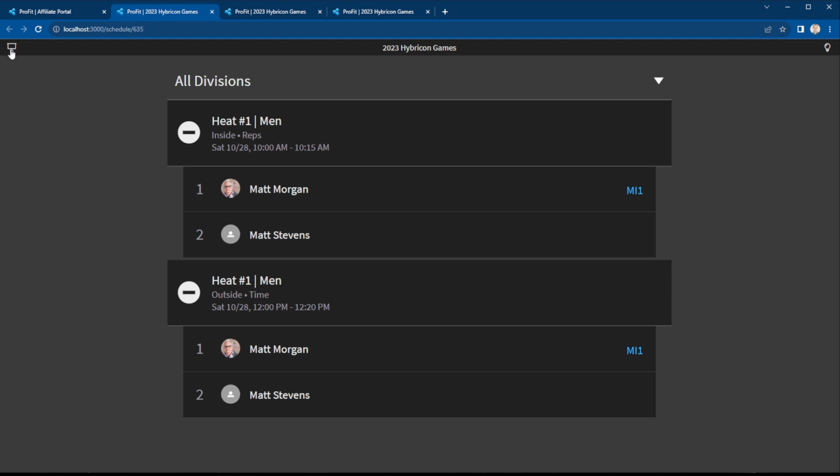And then presentation mode is a little bit different. It doesn't cycle through on presentation mode. What it does is it makes sure that if this is a long scrollable list, it will make sure that the actual current heat is at the top. So it'll actually calculate what time it currently is right now, and it'll make sure that if it's 12 p.m. on Saturday, October 28th, this will be at the top, and then everybody will see everything below that, right? And so it will automatically scroll to the current heat